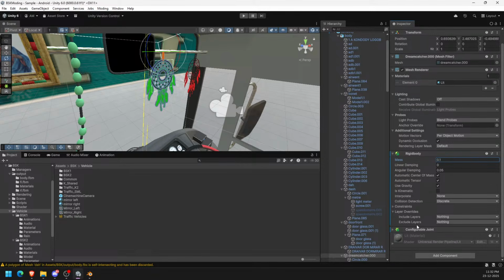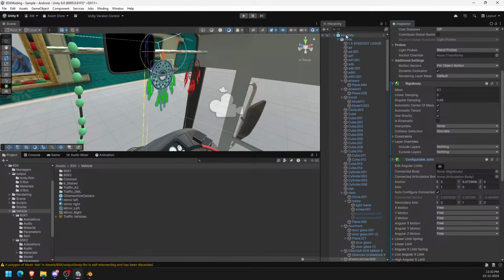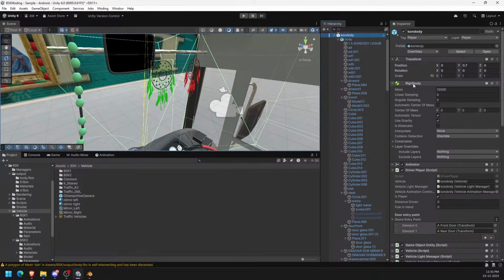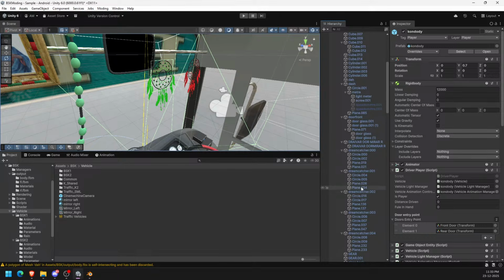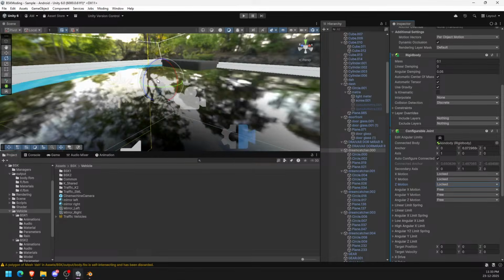So it's added a configurable joint. You can see a connected body, so just simply select this and drag and drop it, because the connected body has a rigidbody. So basically this will be attached to this rigidbody, I mean with the vehicle. So there are many more things like the motion, because we don't need this thing to move, we only need this to rotate. So basically we have to lock every motion, and if you need the angle to be limited,